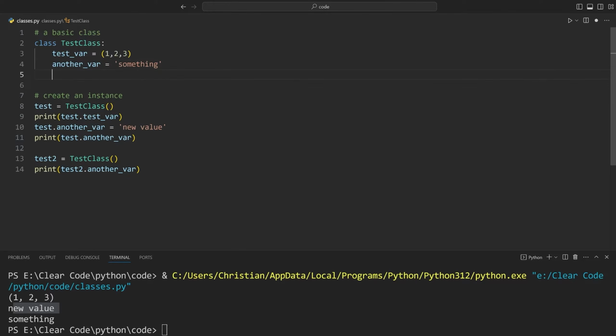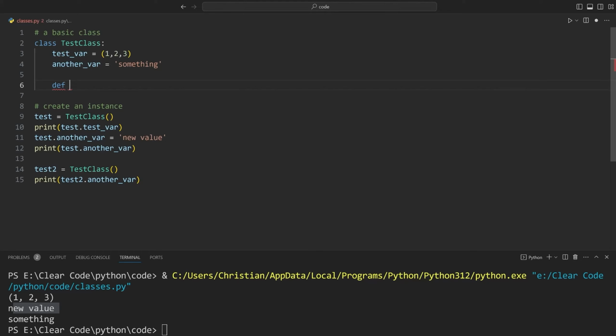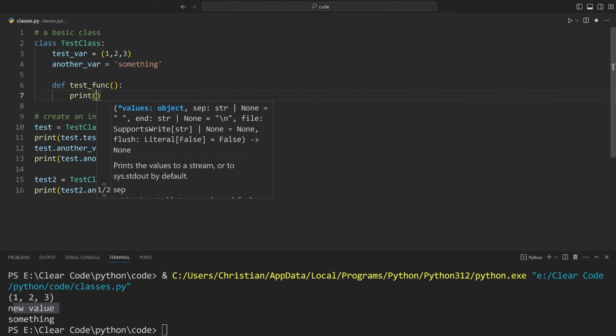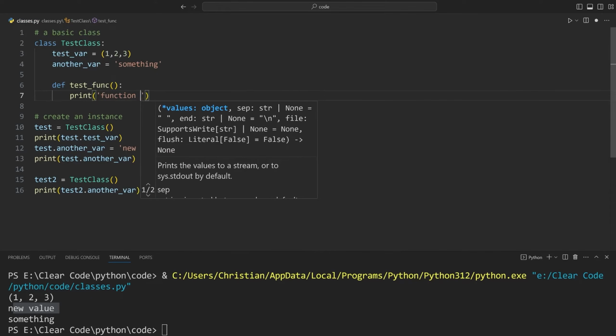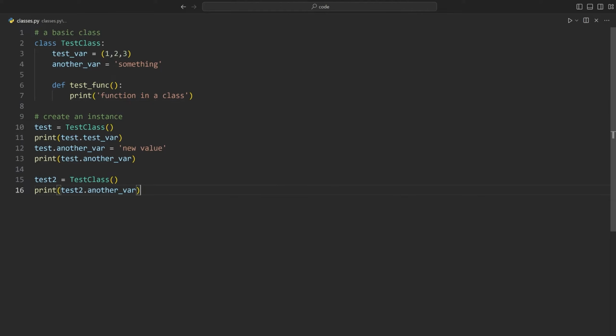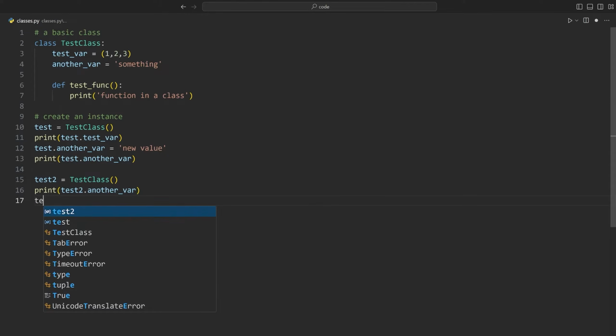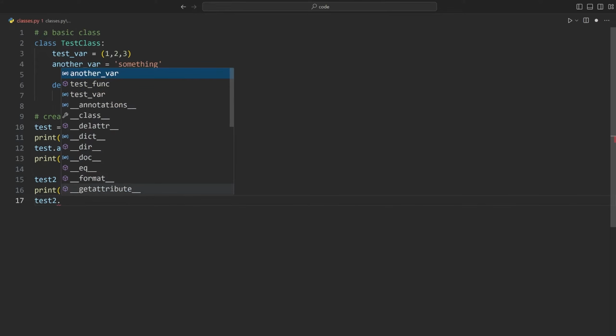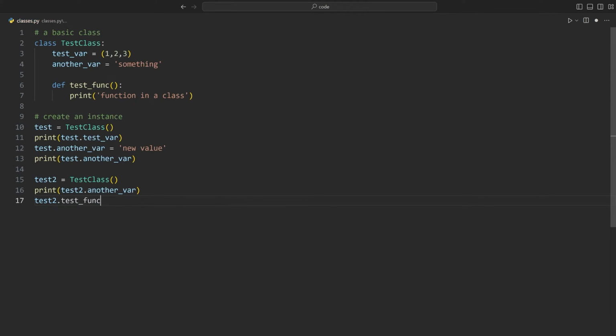On top of that, what you can also do is create entire functions inside of a class. Let's call it a test function. And for now, we are not going to go with any arguments. All I want to do is to print function in a class. And let's say I want to call this test function on test2. This is going to work like any other method. I have test2, so the instance of the class, and then call the test function without any arguments